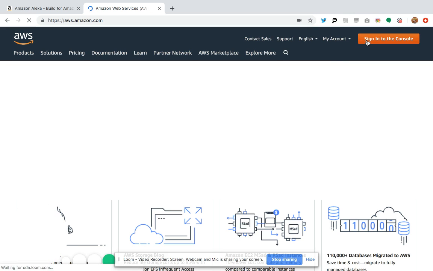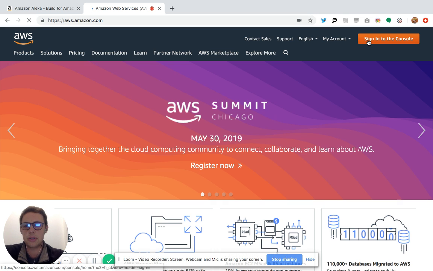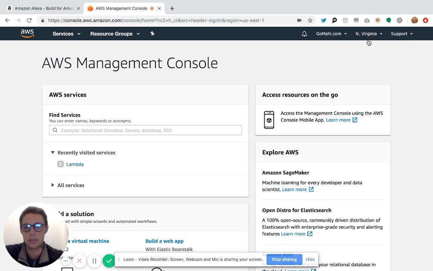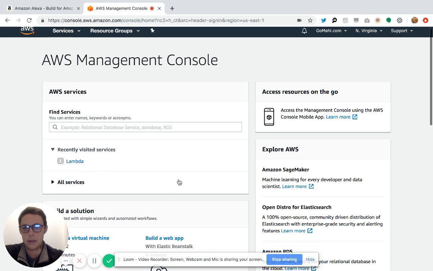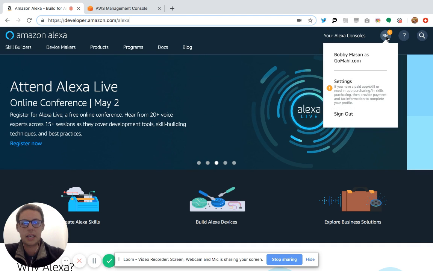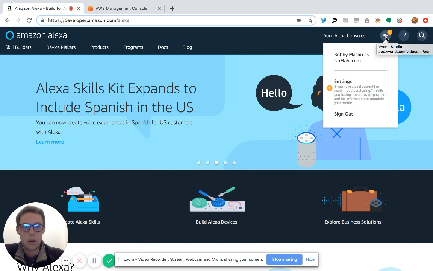But as an entrepreneur, I'm trying to teach you as I go. So you'll get an Amazon Web Services account. You will sign in, and my internet is kind of slow for some reason, which is very confusing. So let's get started. So once you're signed into your web services, not your web services, your developer. So go back to your